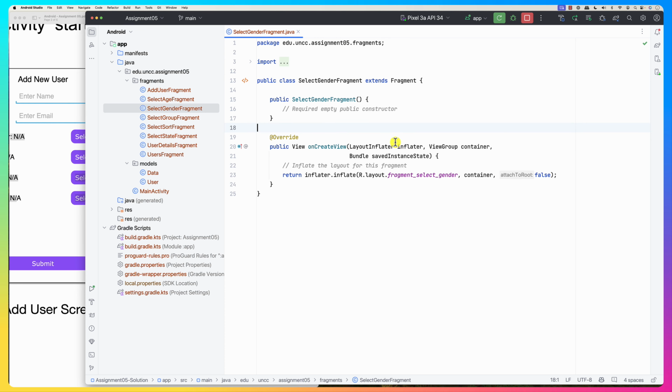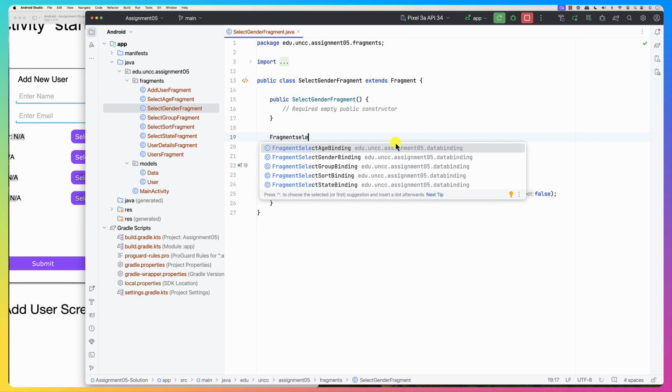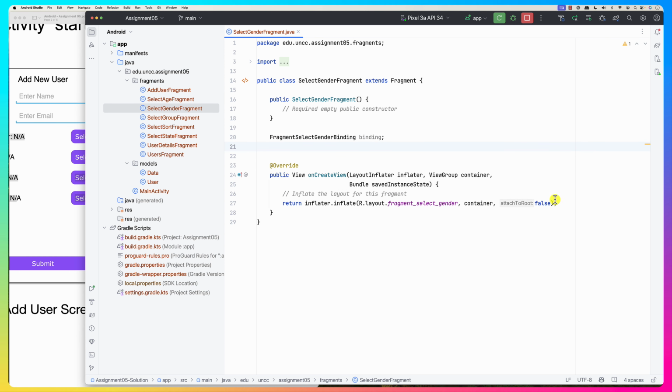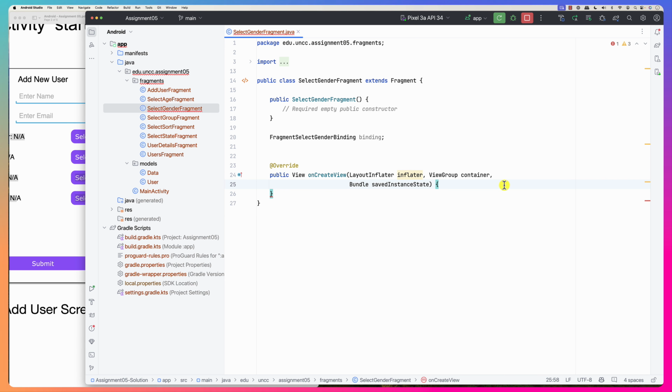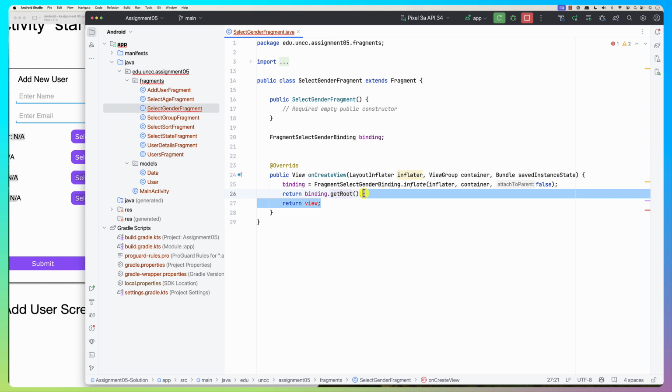Here's select gender. Let's add the binding, our binding. So fragment select gender binding, here it is. Okay, and then I'm going to do the same thing that we do every time, which is initialize the binding and return this. So here is return. All right, there it is. And then on view created,